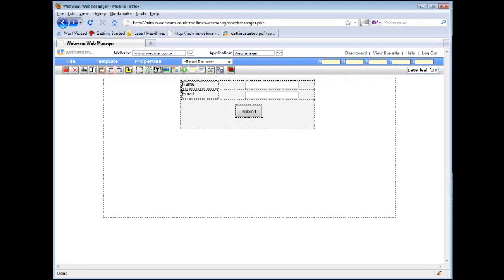Hello and welcome to another Web Manager demonstration, and this one we're going to show you how to use select boxes in your forms. So I've got this form in this page here, so I've just clicked on the form